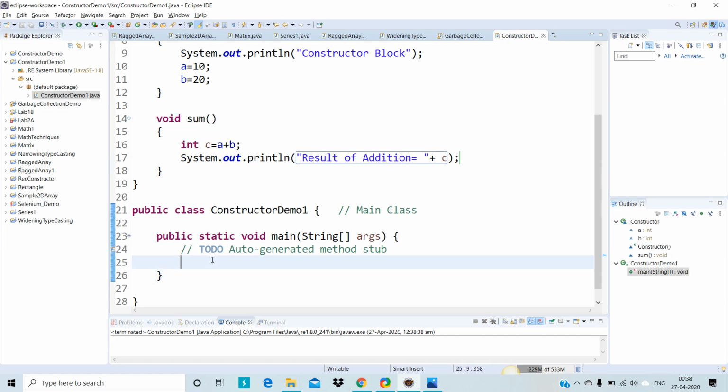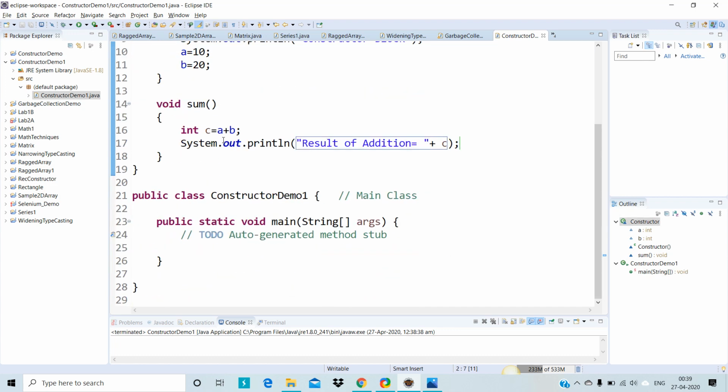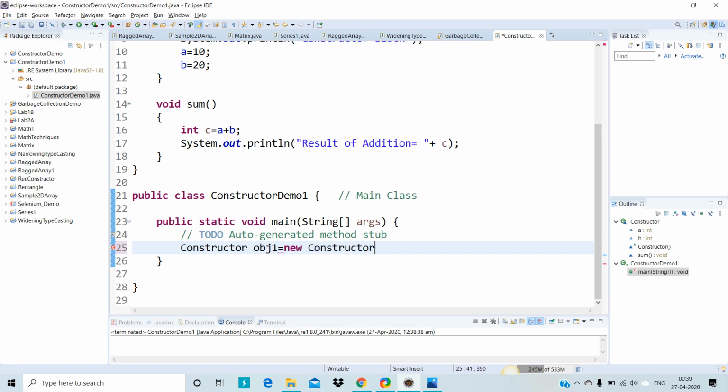How to call it? I have to create the object of the constructor class. This is the constructor class name. To create the object: class name, obj1 is equal to new, and again give the same constructor class name, brackets, semicolon.